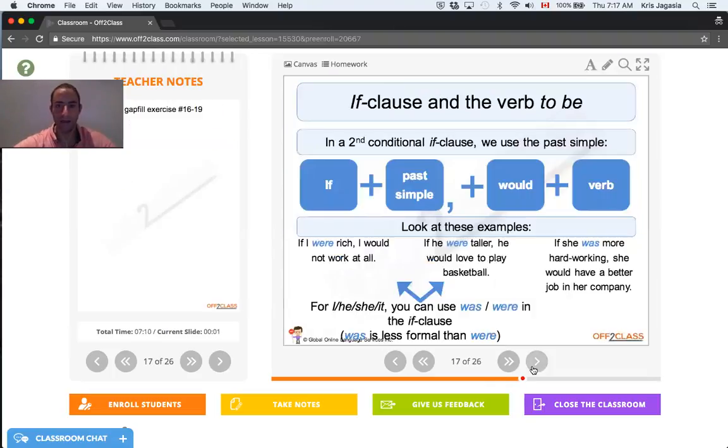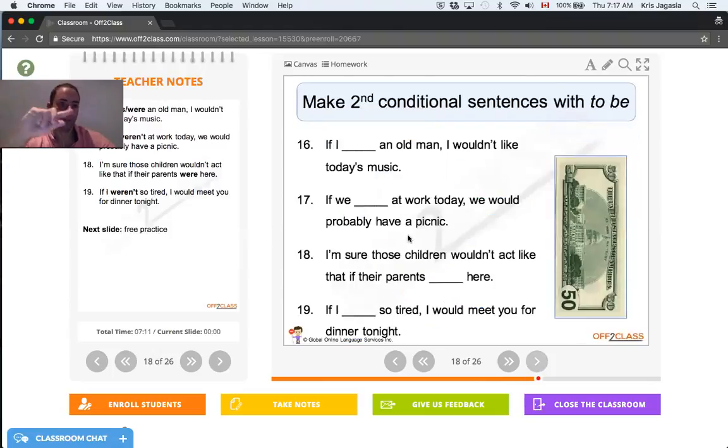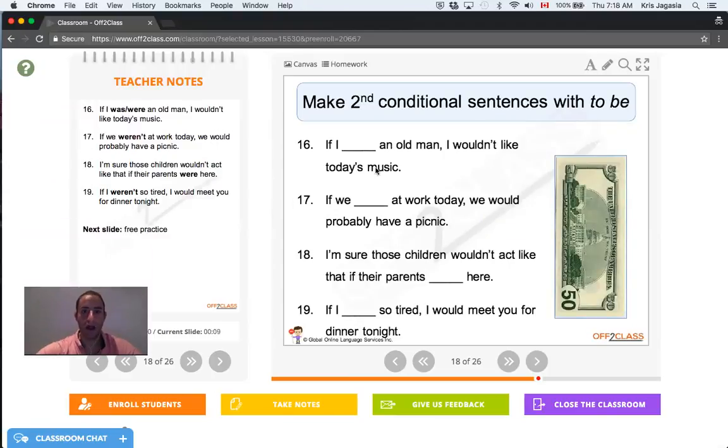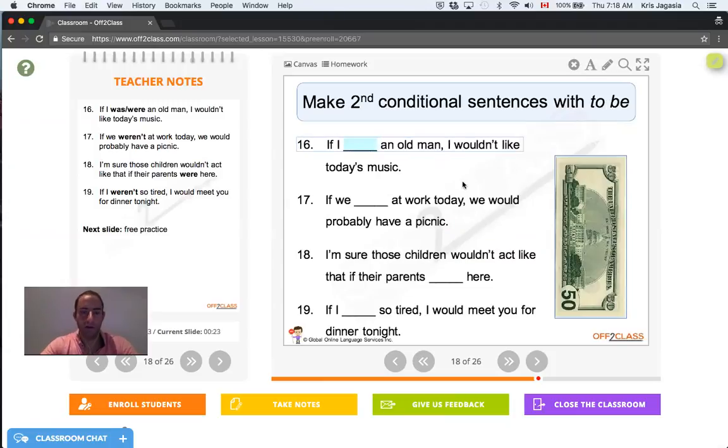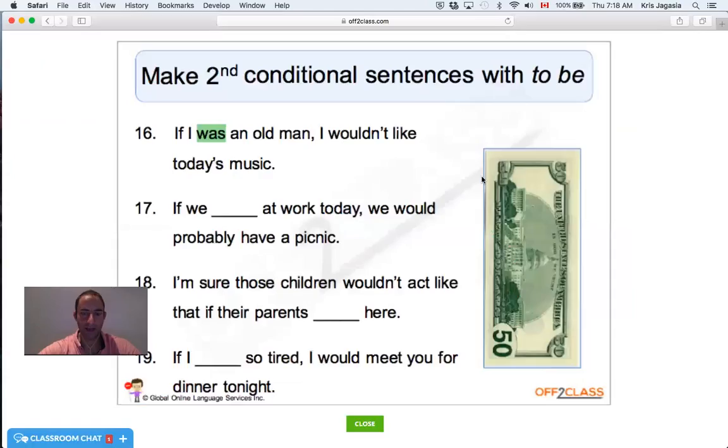And the other important thing that now gets synced between both the teacher and the student is the ability to edit the content. So I'm still on the teacher side here. When I right click, I see a number of these options here. I'm going to enable editing, and I'm going to answer one of these to show my student. If I was an old man, I wouldn't like today's music. And then I'm going to come back to Gabriella's side, and as you can see, she sees the edits that I've done